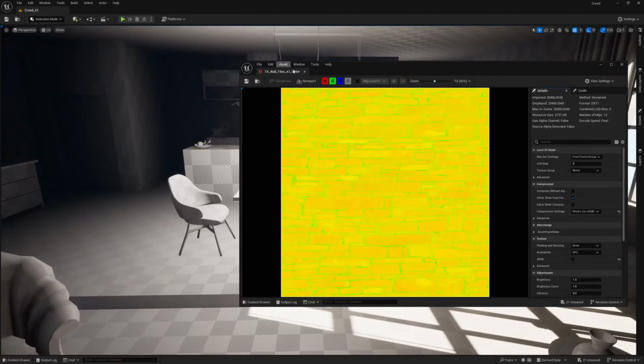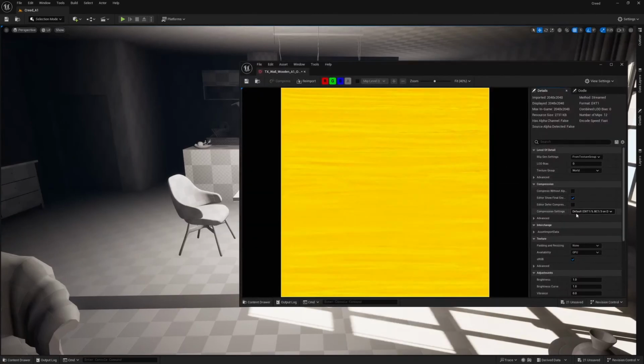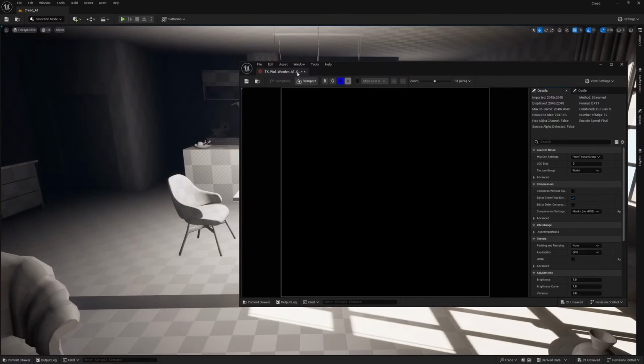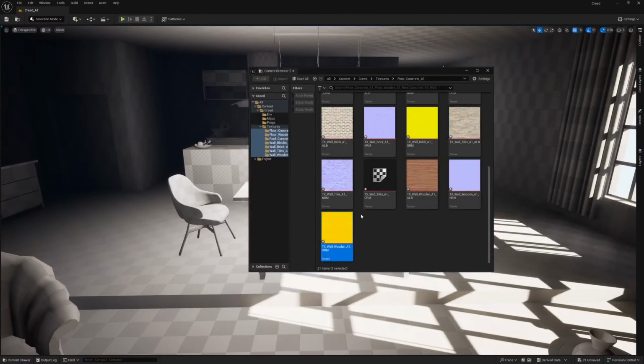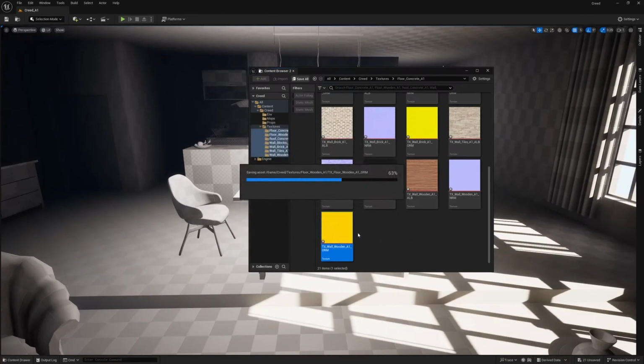And last, no sRGB. And from here you can check what is in there. So it's AO, and this is roughness, and this metallic has nothing. So I'll click save all. Okay. So now let's see if we have